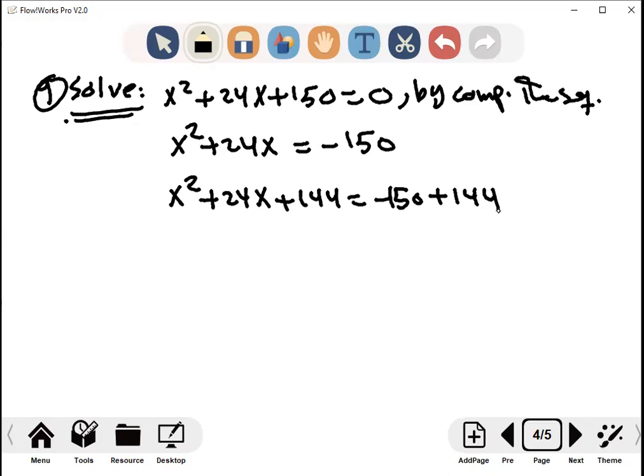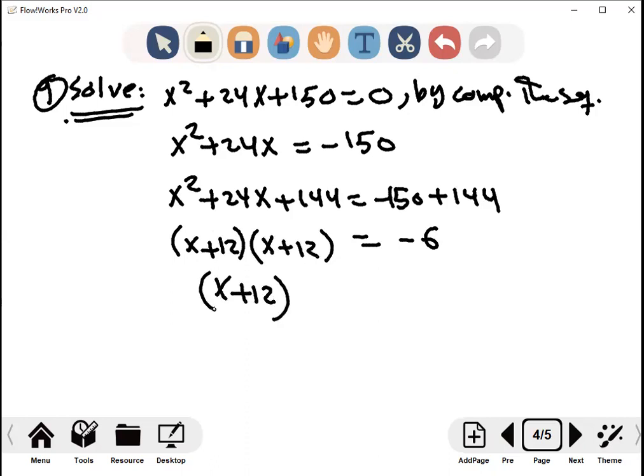Now come back here. Now here you can get negative 6. How do you simplify? Normal. Now this side to the left side, focus with it. Half of it, 24 power 2. We call it perfect square. How do we do it now? You can factorize. Look, x plus 12, x plus 12, which is x plus 12 power 2. If you get this, then you are okay. Plus something power 2 equal number, then this thing equal plus minus square root of that number, right? Yeah. So x plus 12